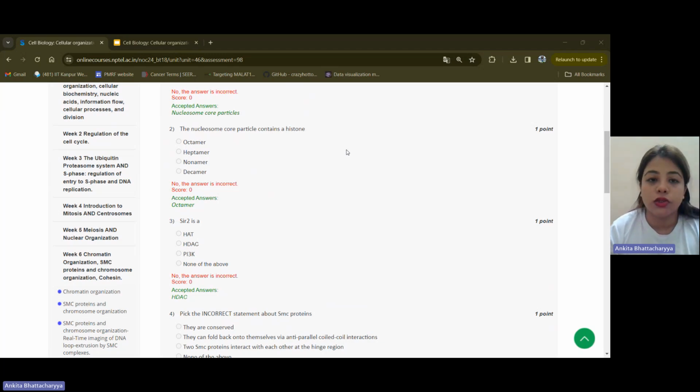We had discussed the nature of one of the key modifications which occur and how that is responsible for controlling whether the chromatin would be relaxed or tightly packed, or how accessible that region of the chromatin would be to the transcriptional machinery and any other machinery which tries to read the information in DNA in that particular location. So for that, one of the key modifying enzymes is SIR2, which is